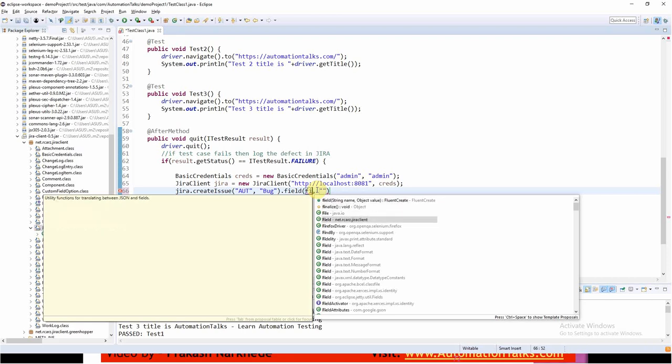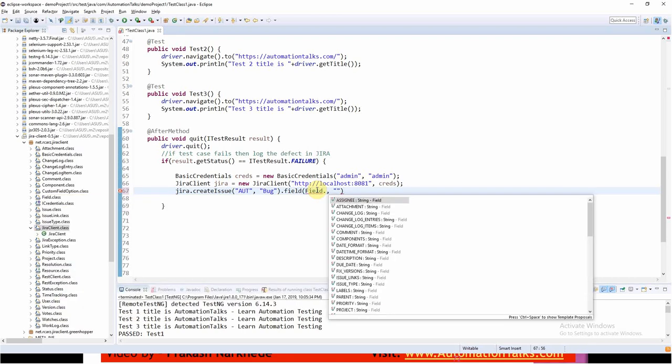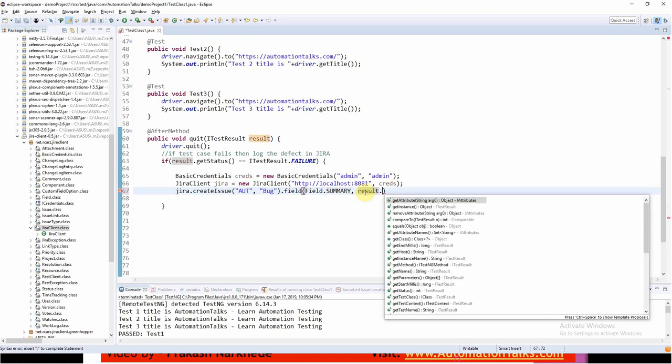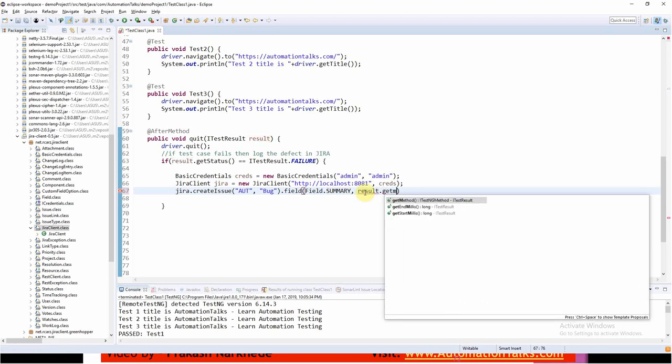Let me use this field class, field dot. Okay, so can you see how many fields we have? We have n number of fields, whatever fields we can see in JIRA. So what I want to do is update the summary, and what should my summary be? Let us say I want to update the summary with the status. Okay, result dot get method